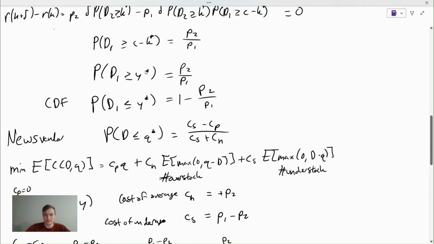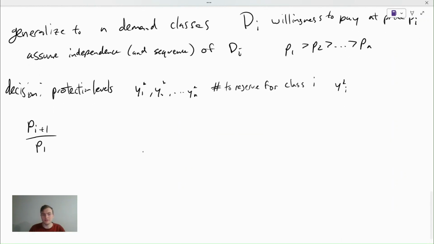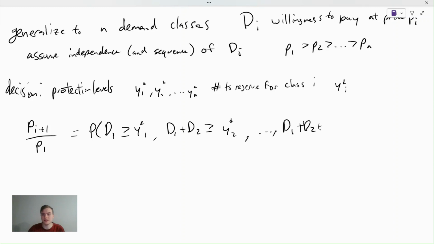Probability D1 greater than y star 1, we want to consider all the demand classes before it. So probability D1 greater than y star 1, and D1 plus D2 is at least y star 2, right? So this second protection level, you're reserving it for the second demand class and the first demand class because neither of those have happened yet. All the way until D1 plus D2 plus ... plus Dn is greater than or equal to y star, or